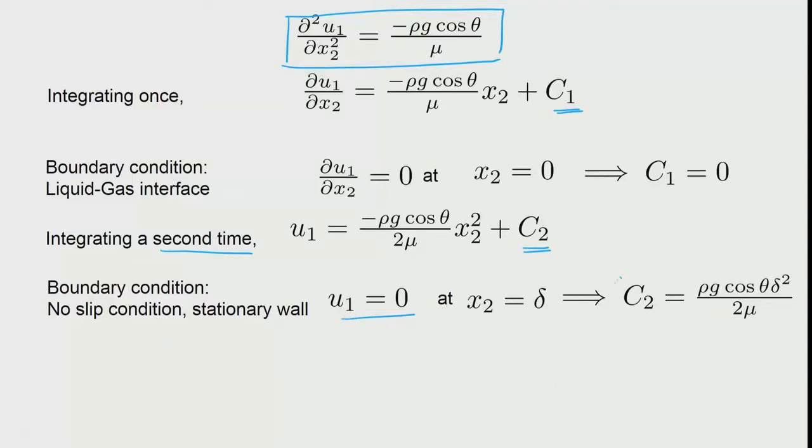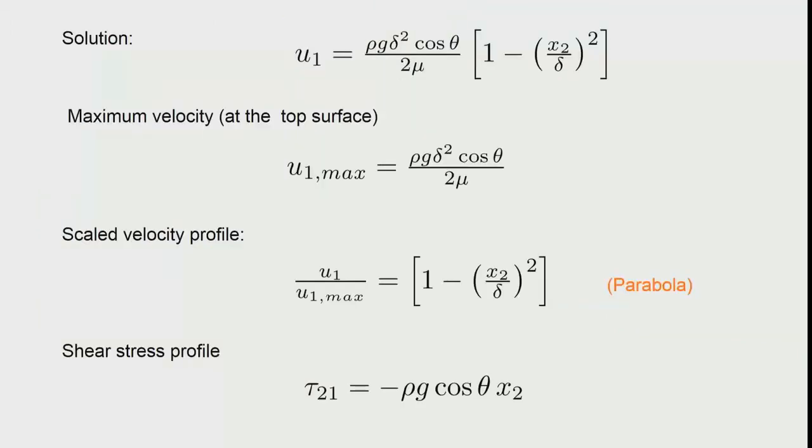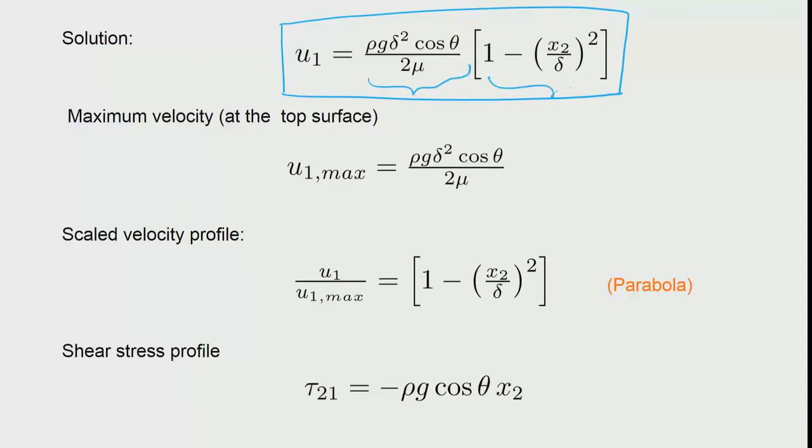So, what we do is that this value we then substitute into this, and therefore, we get the variation of the velocity as a function of x2. So, u1 as a function of x2 is given here, and we have intentionally taken delta as a common term, so that we can see the functional form with 2 parts of it.